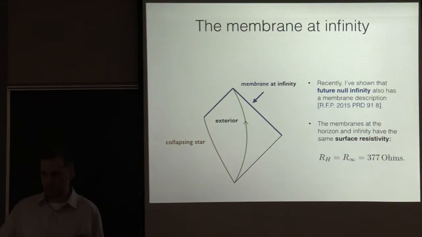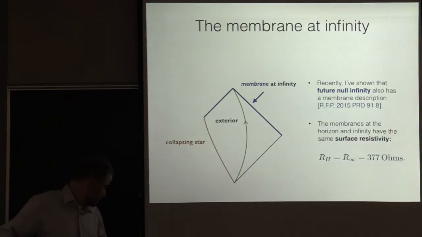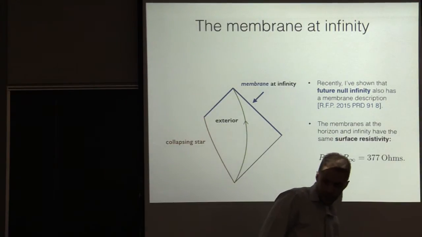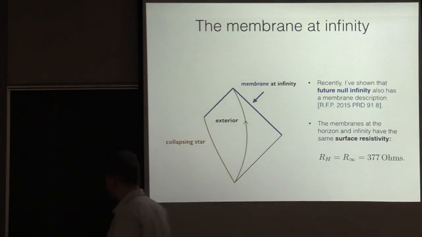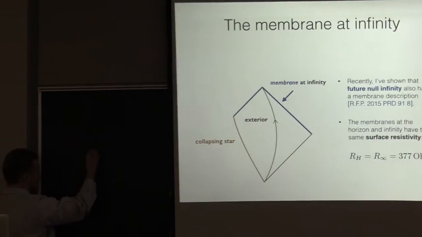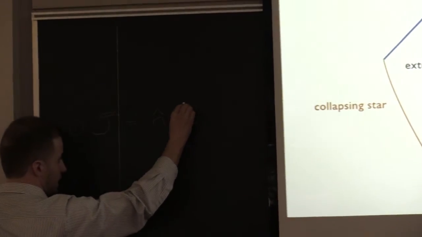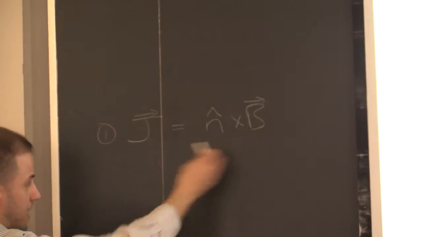And this resistivity doesn't depend on spin? No. Or charge, if it's a charged black hole. It just depends on having a null horizon. The resistivity has a really easy two-line derivation. One line is that, as I showed in one of the very first slides, you need to endow these null surfaces with currents in order to terminate the magnetic field and agree with Ampere's law.